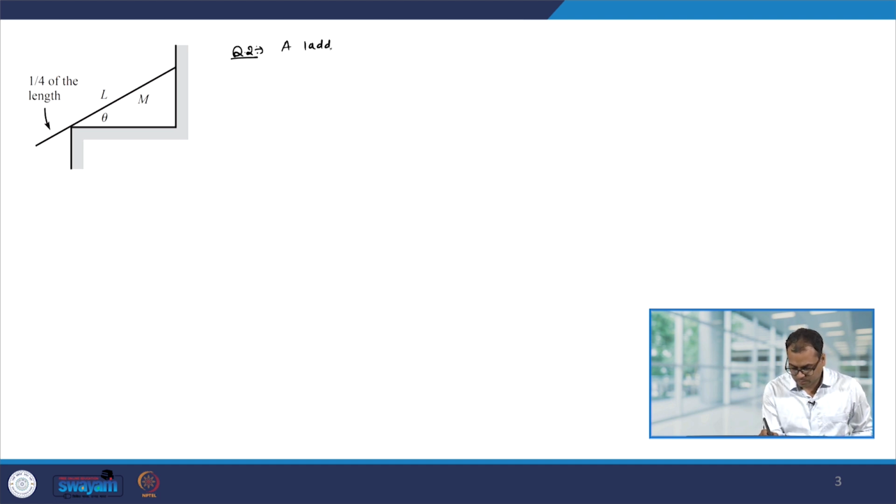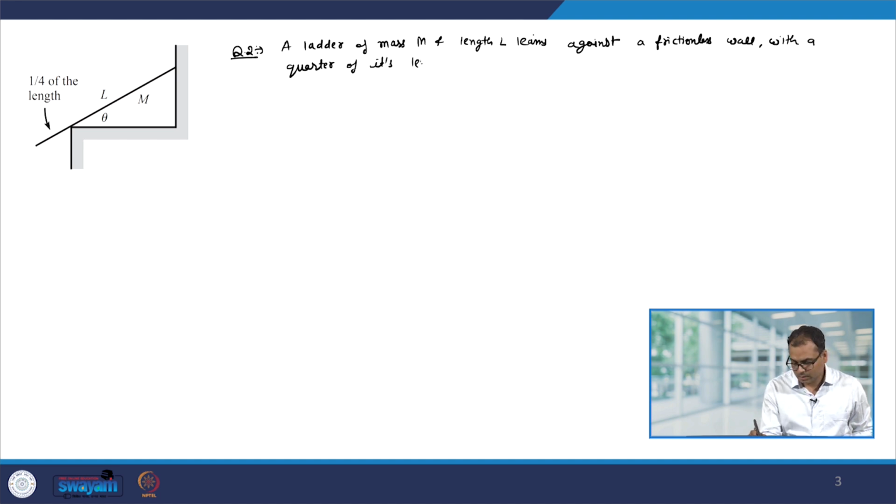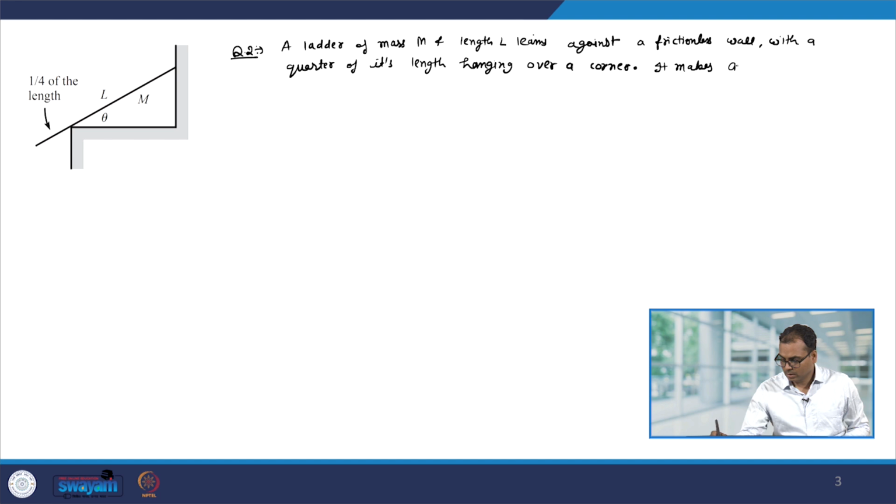A ladder of mass m and length L leans against a frictionless wall with a quarter of its length hanging over a corner. It makes an angle theta with the horizontal,